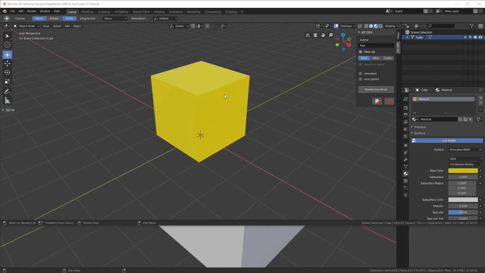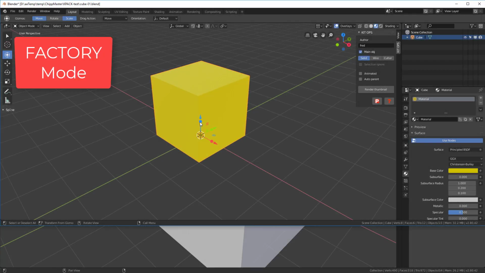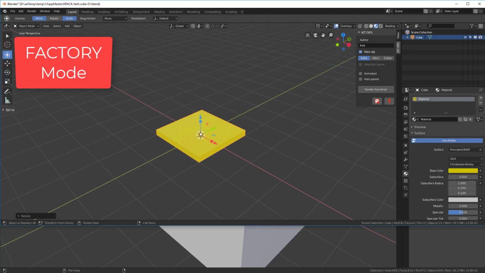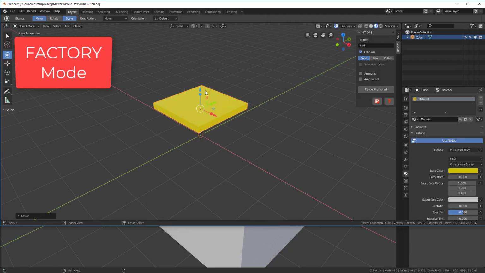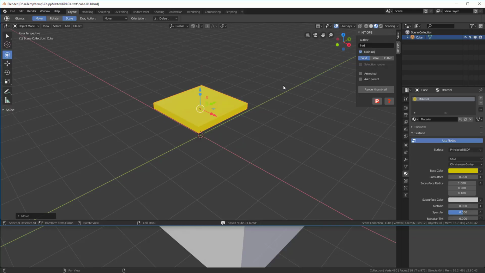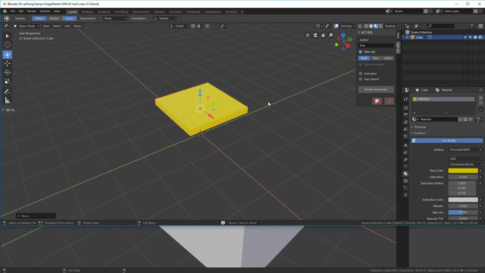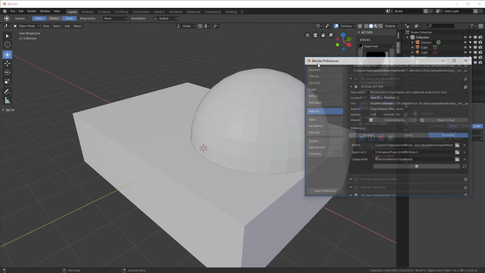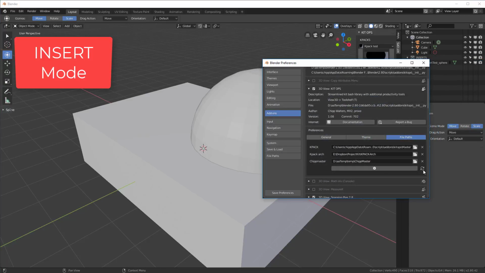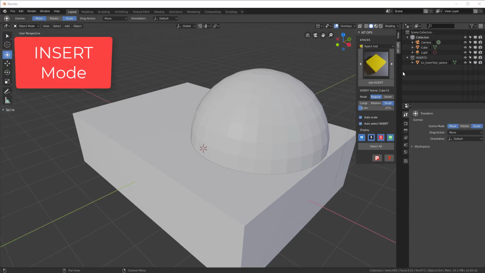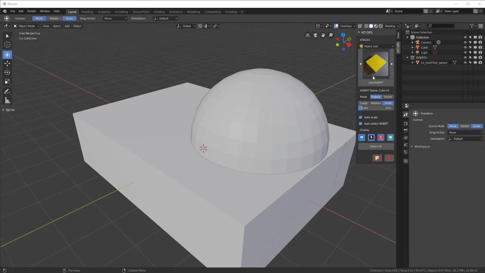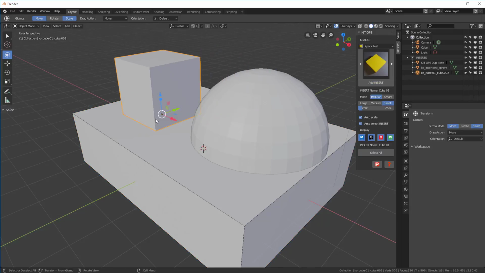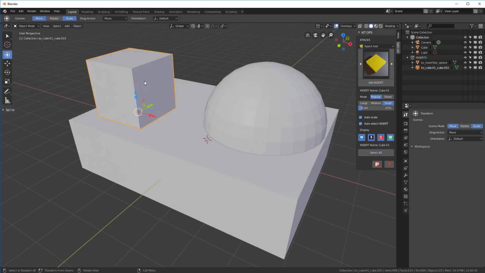And another quick example of the scale issue is I'm going to take this and I'm going to scale it down quite a bit and move it up, and I'm going to hit the S button and save it. So now we have this kind of very thin slice of an insert. I'm going to come back here and I'll go in my Blender preferences and I'll refresh this folder, and we'll see that I have this picture up here from my previous thumbnail because I didn't create a thumbnail. I'm going to select this and I'll add insert,